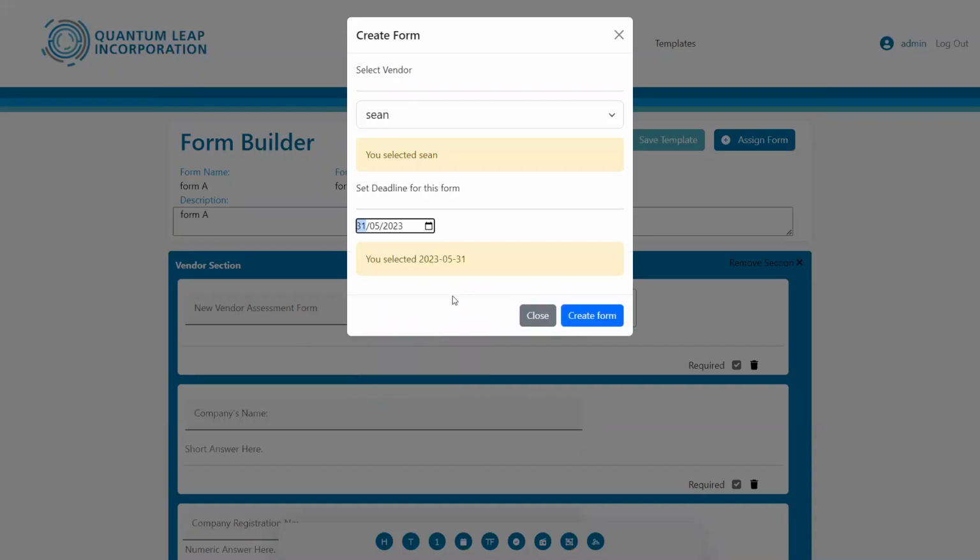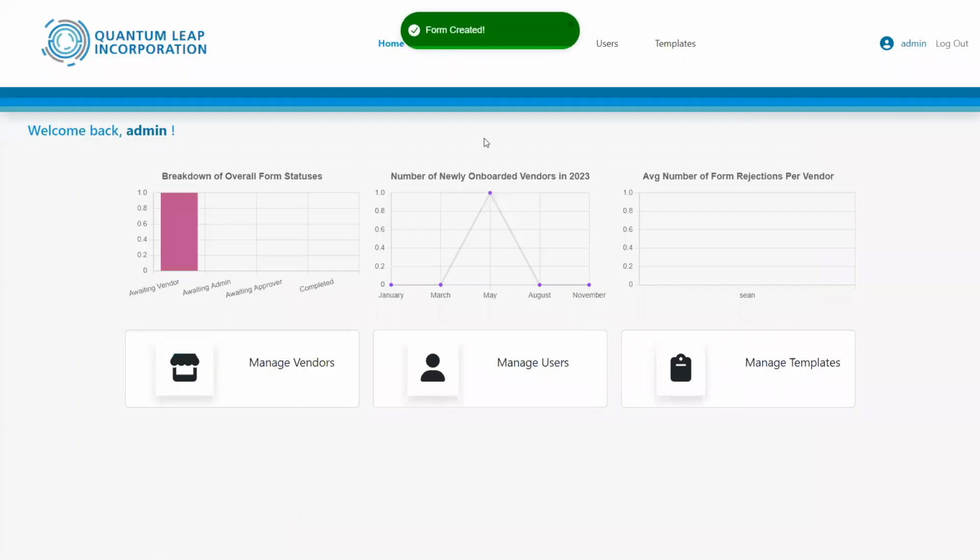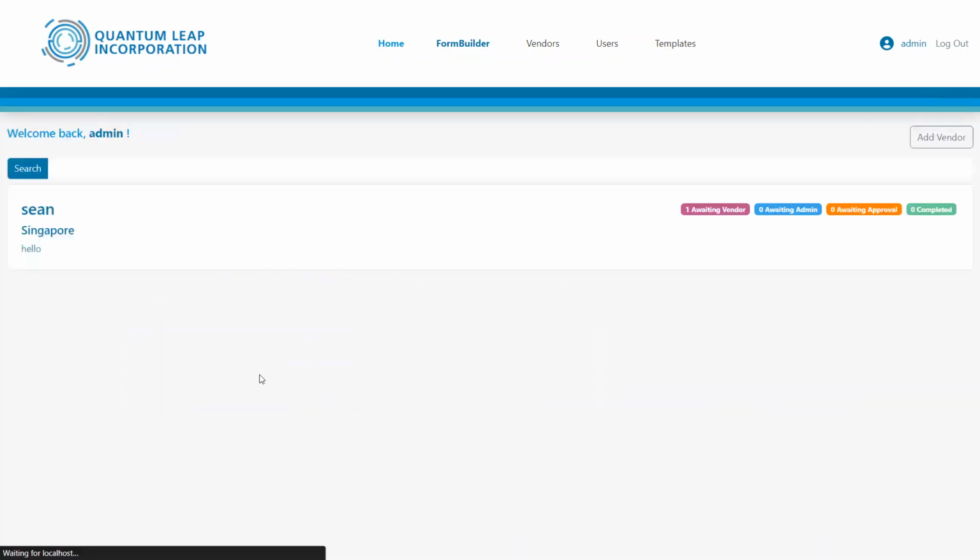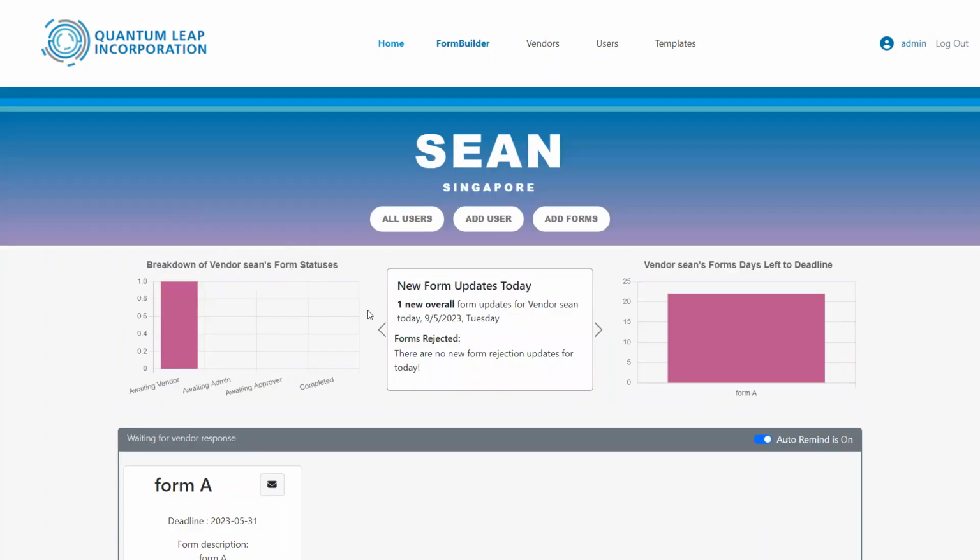So let's set at the end of the month. And as you can see, the form has been created and we are brought back to the home page. Now the charts are updated. You can see that there is now one form awaiting the vendor, as well as one newly onboarded vendor in the year 2023. Going to the vendor page, likewise, you can see that there is now 22 days left to